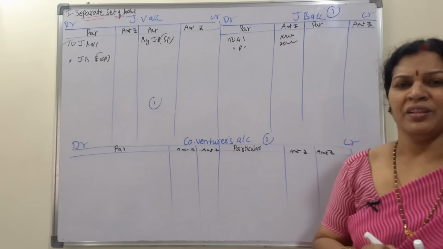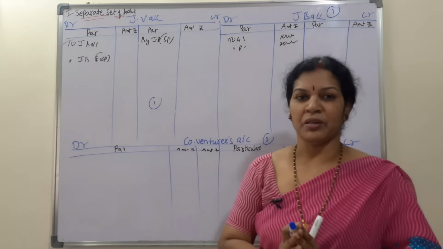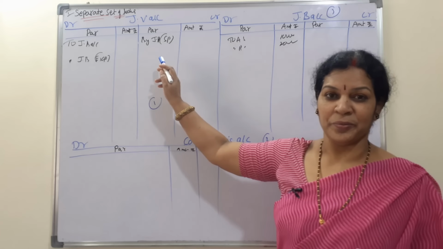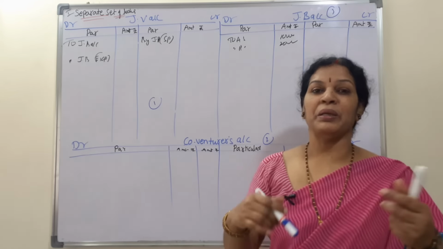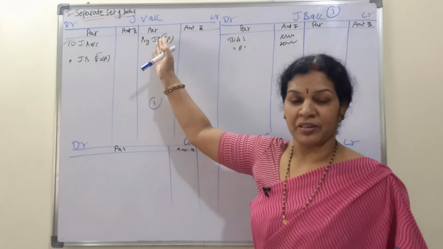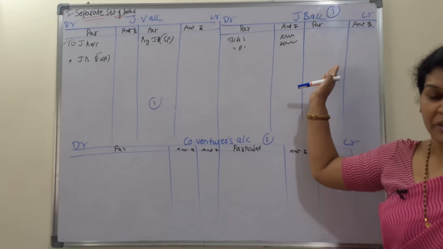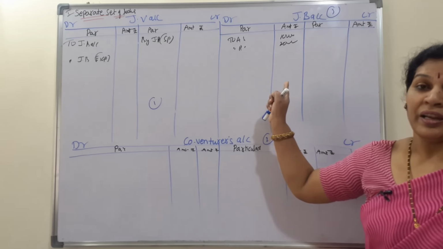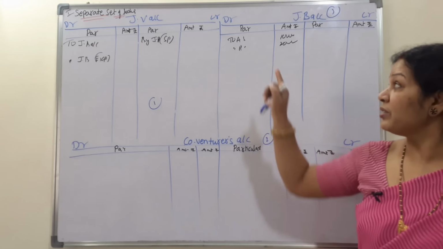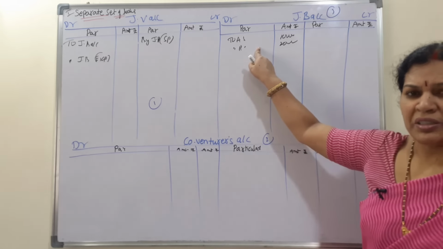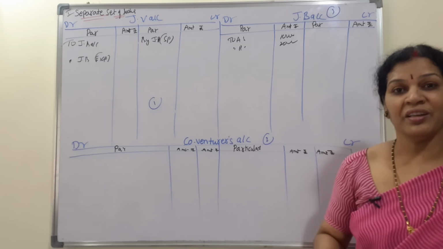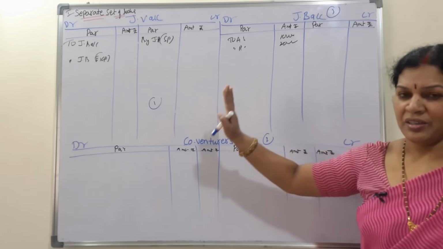Nothing to worry, it's simple. Right now remember it is just like a consignment account. Whenever you are purchasing anything, expenses, everything goes on the debit side. When you are selling, credit side. Any payment made or received is through the joint bank only, so that transaction comes on the joint bank account, debit to credit, credit to debit. And mainly the amount deposited by the co-venturers, remember, is on the debit side. Whenever they are depositing, joint bank account attached to co-venturers account, debit the receiver, credit the giver. So remember this, and the rest of everything is normal.